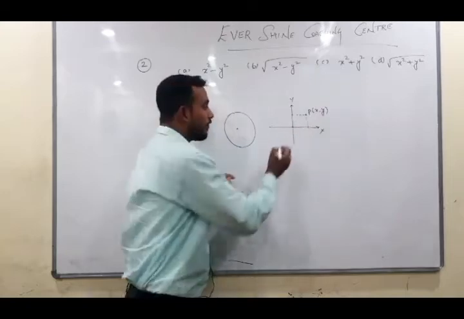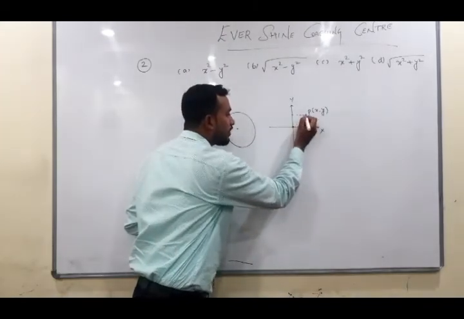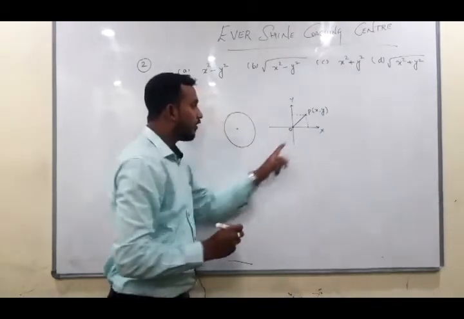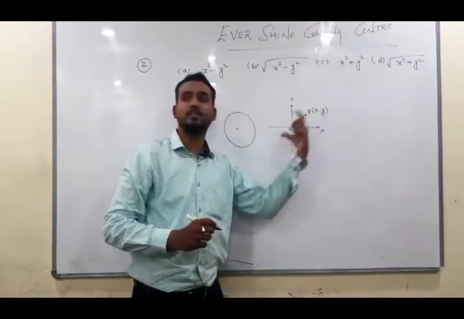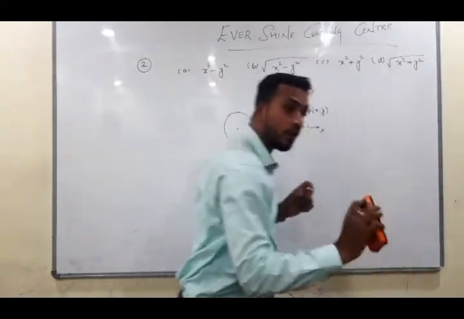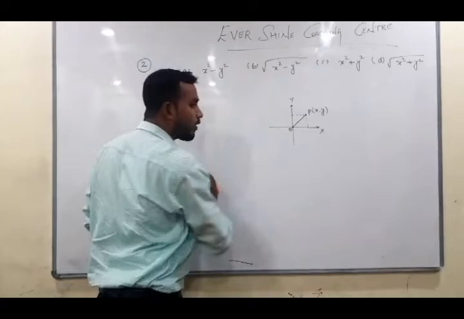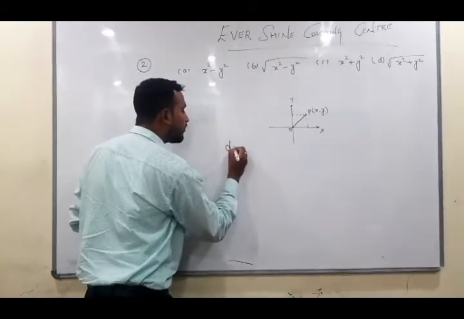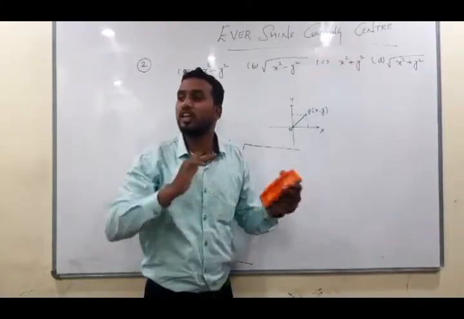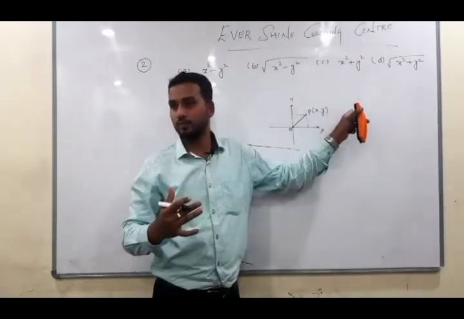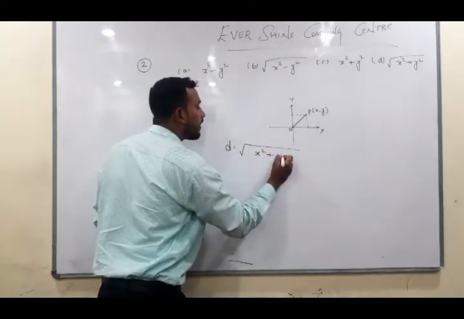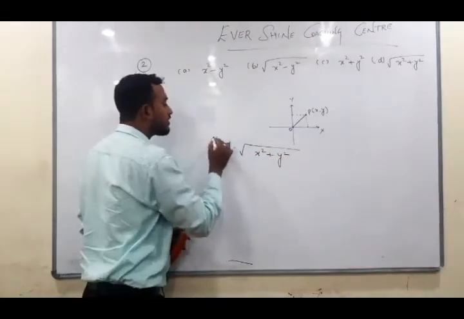We have to find the distance from this point to this point. Now what is the distance? Origin means O. From O to P of x comma y, what is the distance? Understood? So we have the standard formula to find that. What is the standard formula we have to find the distance between the origin and any point on the circle or any point in the coordinate system? That is, the formula is d is equals to root of x square plus y square. So this is the standard formula we have.